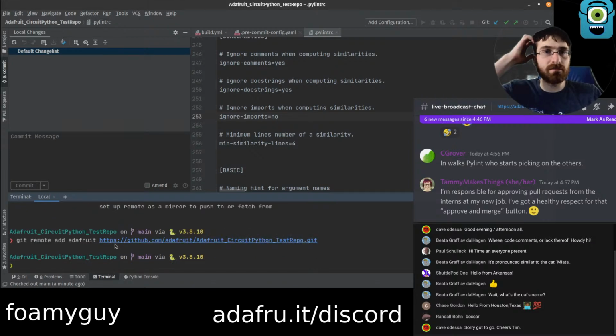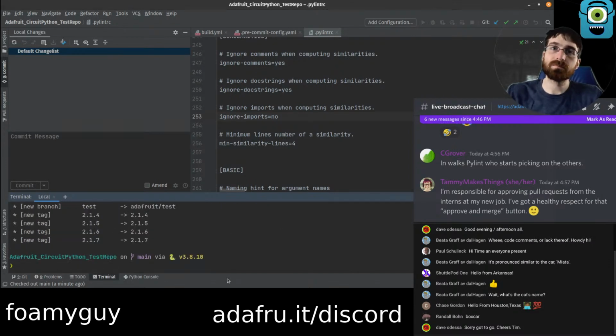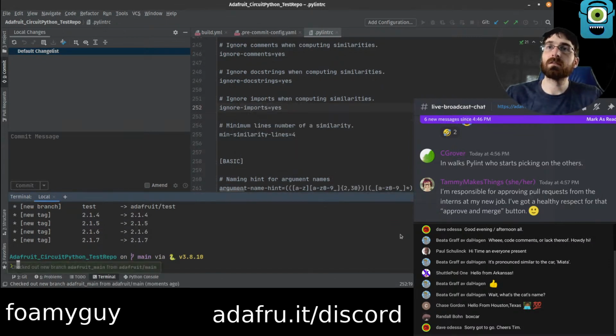The remote add Adafruit. There we go. Okay, let me pull Adafruit main. And go git checkout new branch. Discord, badge, RTD. Adafruit main, no track.